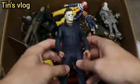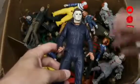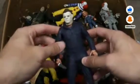And a huge shout out to NECA for sending us this figure our way, and a huge shout out to NECA for all of these wonderful figures. A lot of these figures are from NECA, and they just totally kill it, and we appreciate them so very much. So definitely check out NECA and all of their epic horror action figures, but there's the first one in this